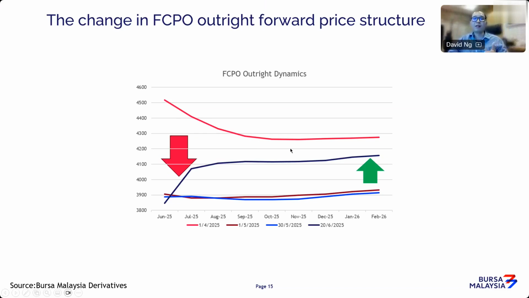Now, in this type of market, this is what we call a backwardation market, where the front contracts are very strong. Front refers to the near month contracts. They are very strong in terms of price, while the far month contracts are trading at much lower prices. In a backwardation market, people always think that the future market is going to be very bearish. Now, in one sense it's true, but importantly, the message the market tries to paint is that the current